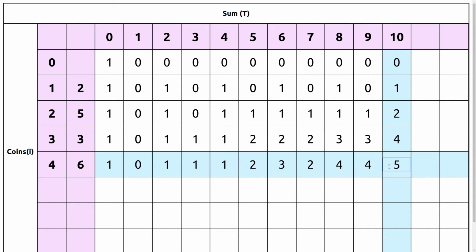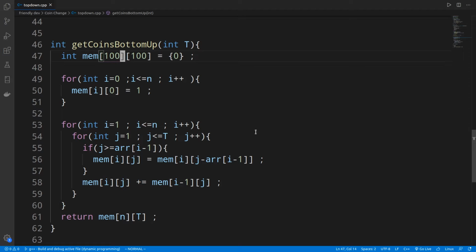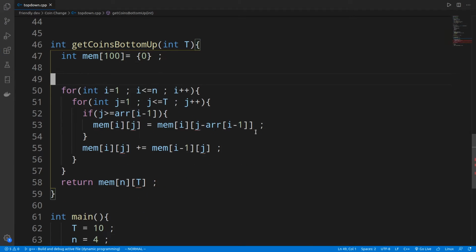Using this pattern, you can conclude that you don't actually need an entire table of memory space. You can use just one array of memory, and in that array itself you go on modifying the elements. There is no need to have a full table of memory space. You can just take one dimensional array, and in that row of memory itself you can go on modifying the values and find the solution. So let's try to apply that approach, and let's get rid of our two-dimensional memory space.